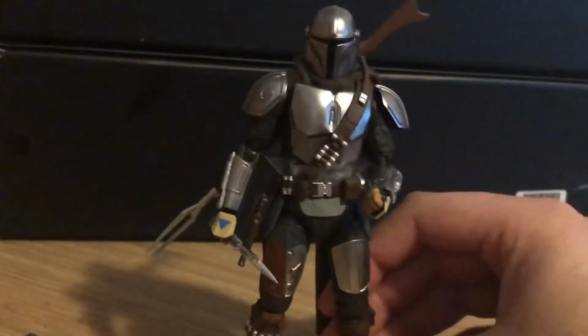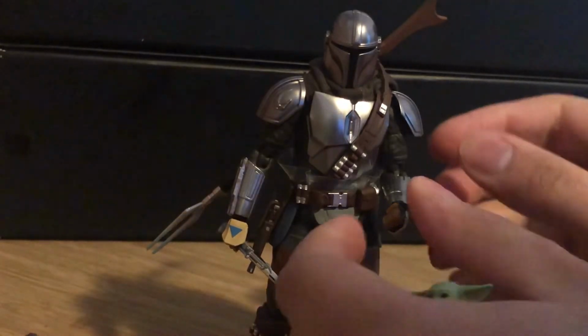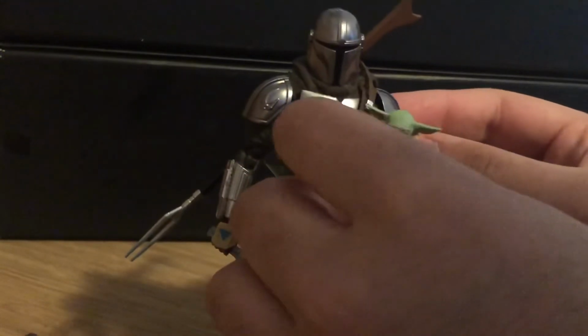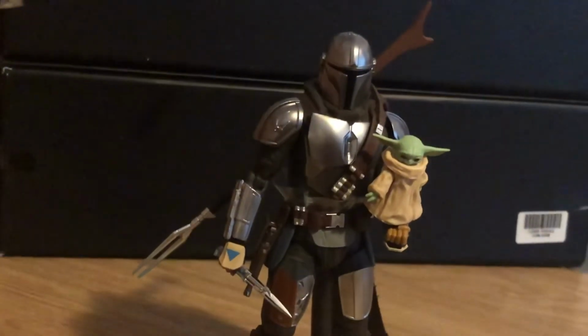And I don't think you can go wrong with this guy. If you love the Mandalorian, like me and my family, there's no excuse. You can get a version of this figure without the silver armour. You can get him in his regular armour, but this just takes the cake. The paint, the metallic look, everything about it is just amazing. And I'm glad I picked it up. So you can have your Mando looking really dope there